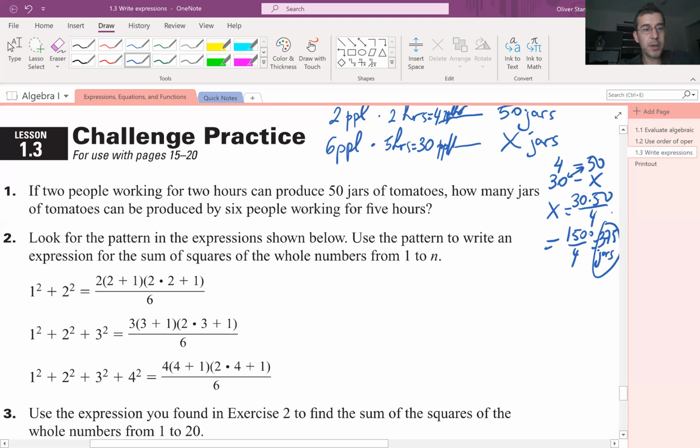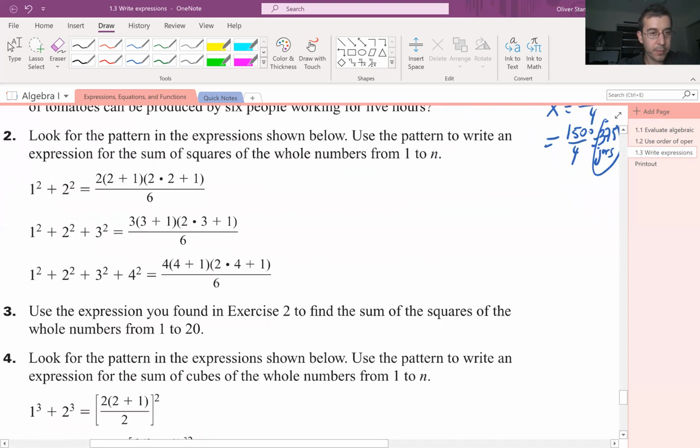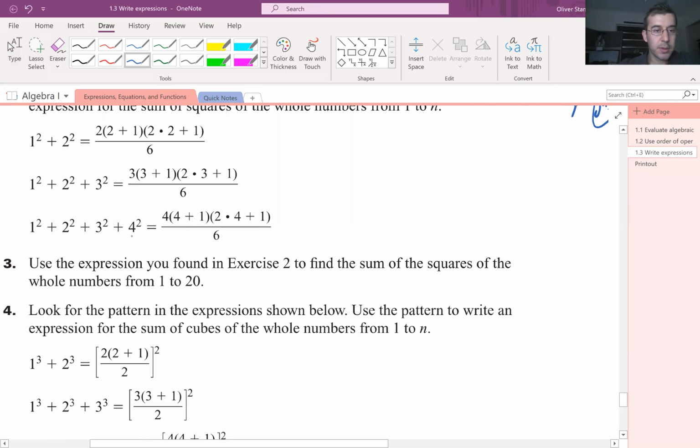Number 2, look for the pattern in the expressions shown below. Use the pattern to write an expression for the sum of squares of the whole numbers from 1 to n. So we can see here a pattern, right? This is the last number in the series, and some of these are static, like 1 is always 1 here, 2 is always 2 here, 6 is always 6. So if we have 1 to n, it will be 1 squared plus 2 squared plus 3 squared plus 4 squared plus dots plus n squared